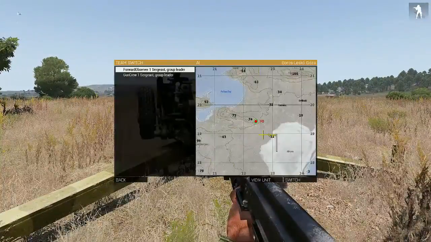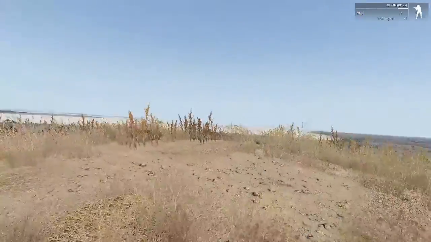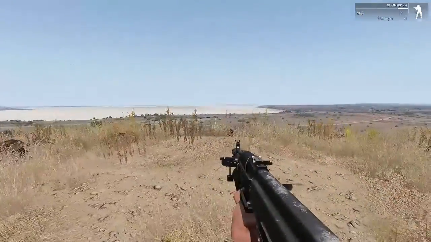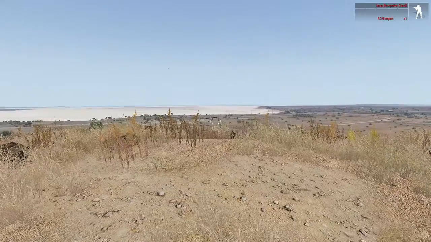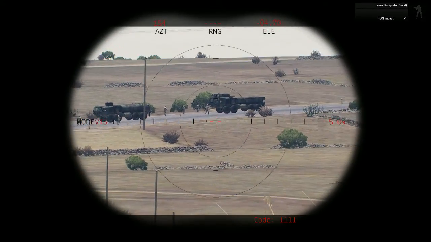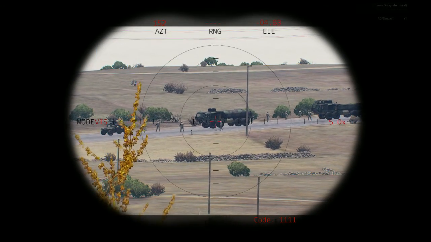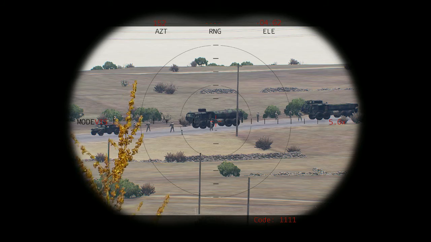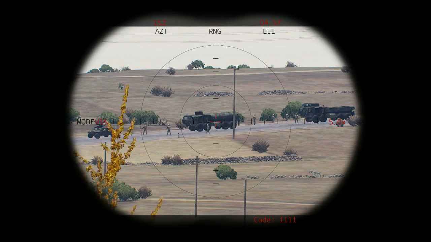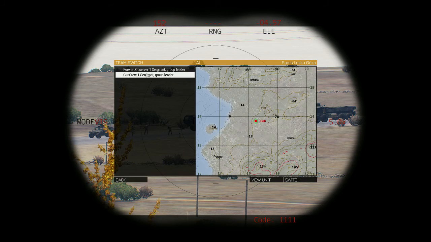Obviously, what we need is a target. Here we have our forward observer, and you also need to equip your forward observer with a laser designator. You see, that is a laser designator. That's not a regular binocular. I just simply point at something, and with the left mouse button you paint it with laser. You see the range. Anyway, you don't need it yet. Let's go back to